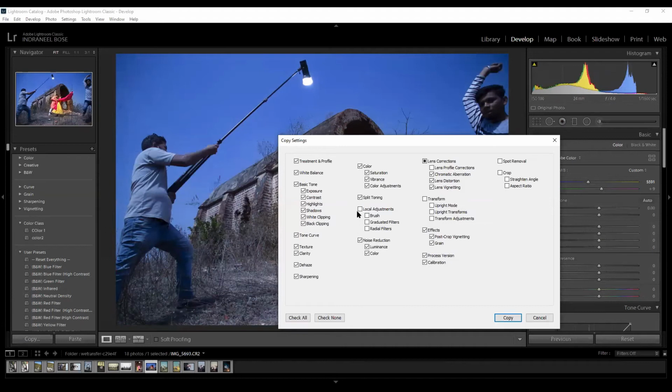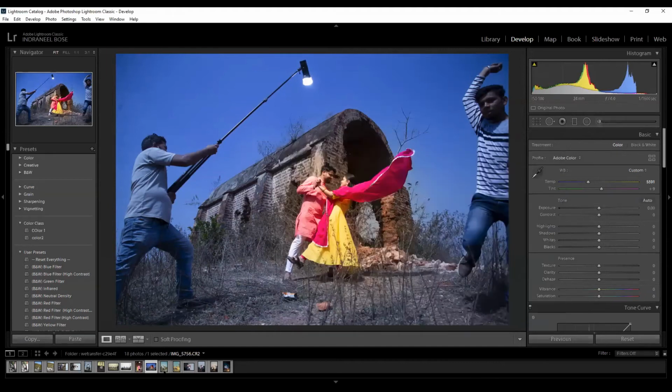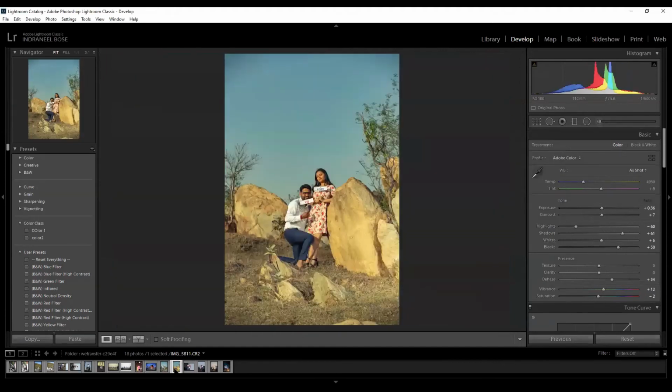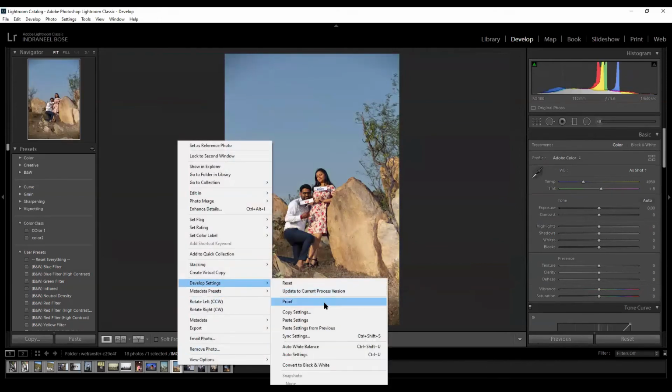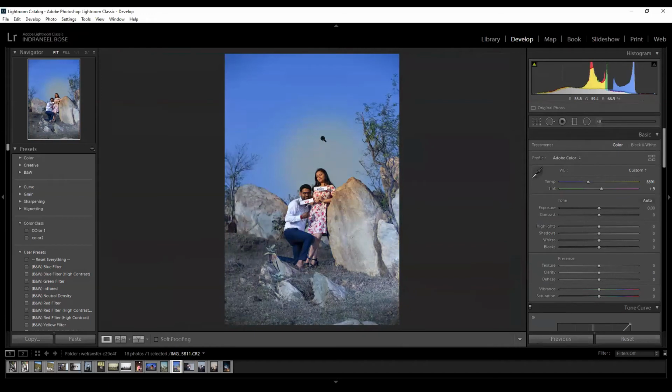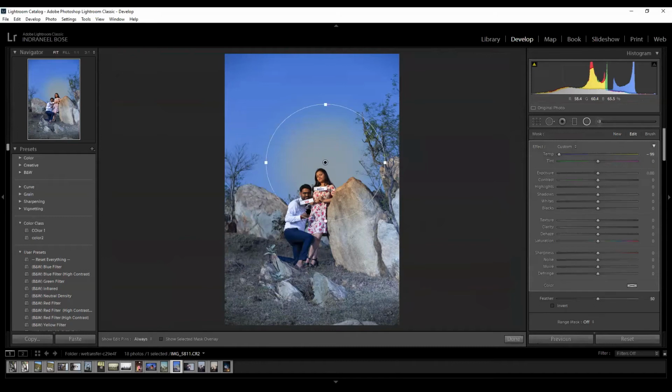Now, what you can do, click on the local adjustment, and what we have used, radial. Okay, radial, copy. Now, as I come to this image, suppose I take this image and I paste it. See the radial area? The local adjustment that you have done is there. Now you can go to the radial area. It will show the radial point and you can shift it according to your choice. Understood?